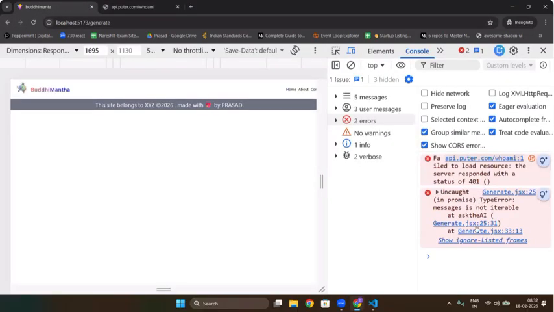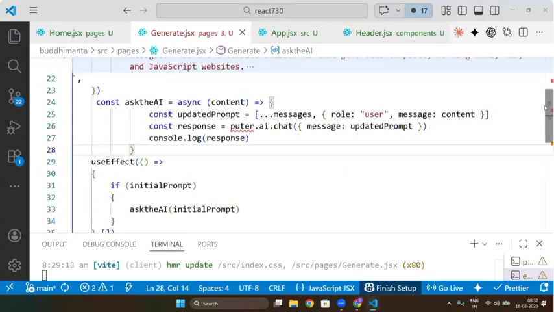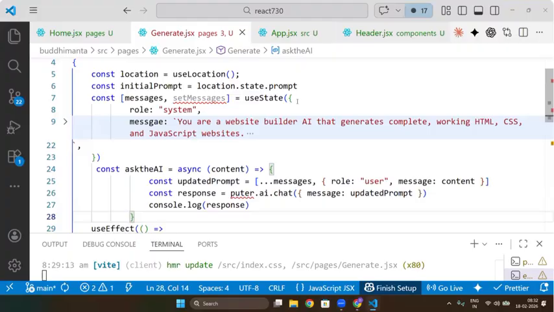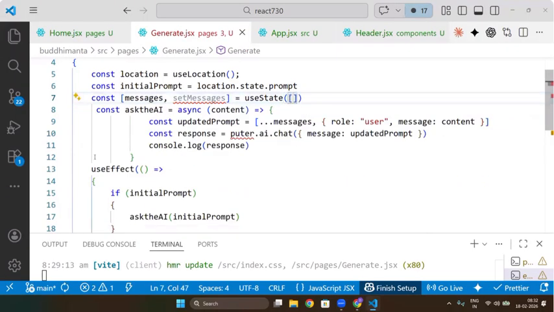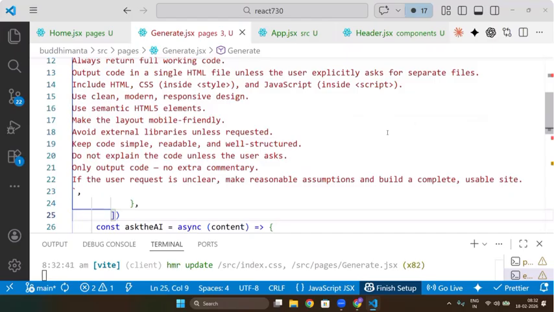What about this? Messages is not iterable. Because this one I can do it. This one is not an array, so I will take it in an array. In that array, I will give it an empty value. That might work, but